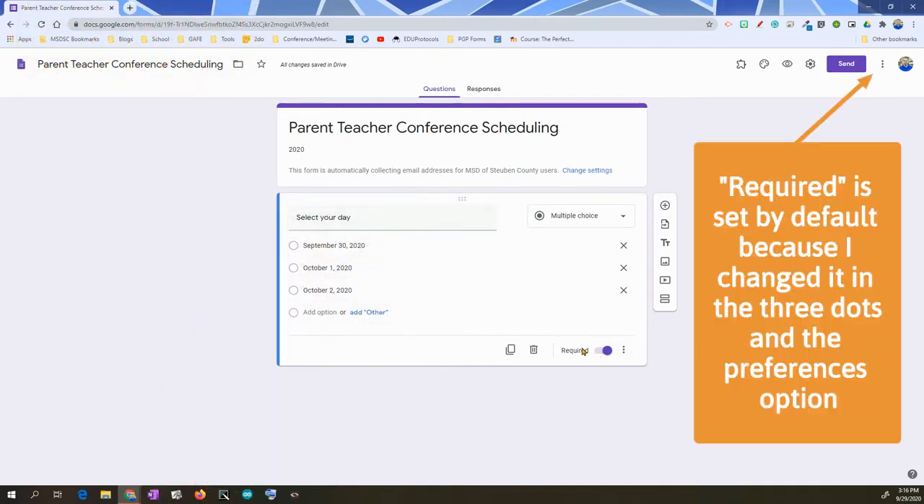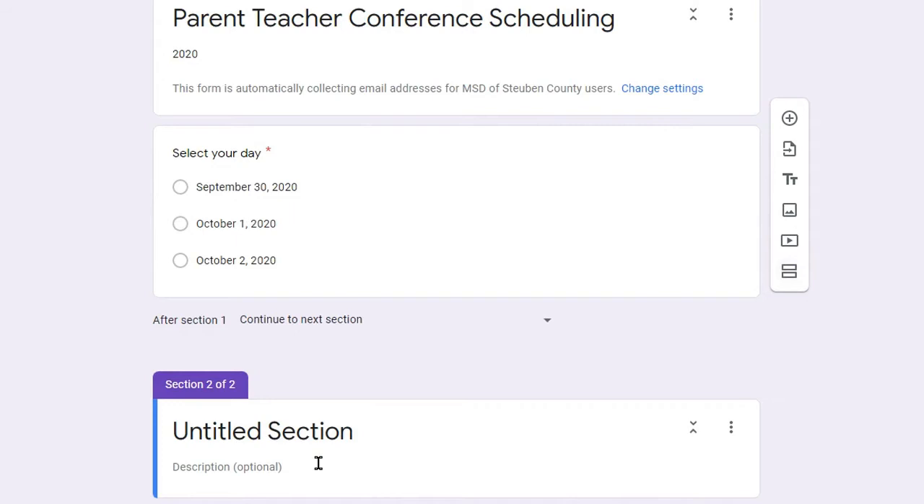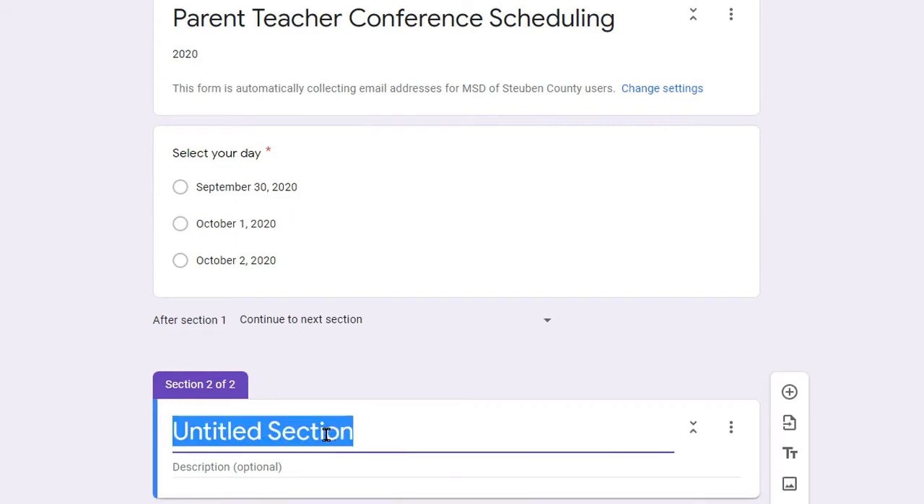I'm going to make this required, and then the next thing I'm going to do is add a section for each of these dates. So that way, when a person selects this, it will go to that section and it will remove those items as they select the specific times. So this is a section button. I will title this,